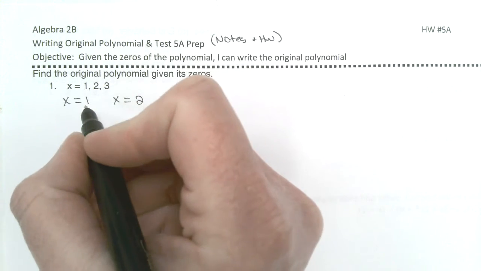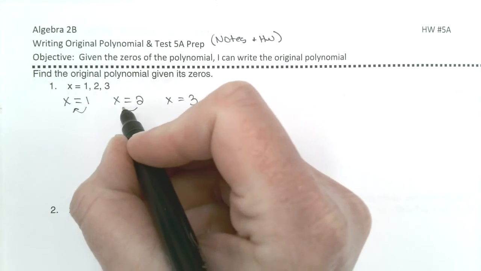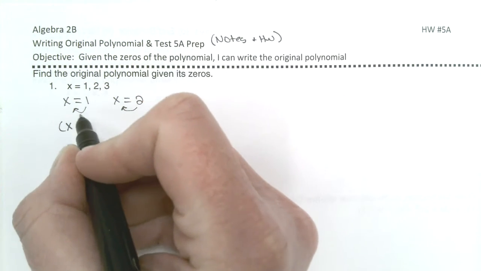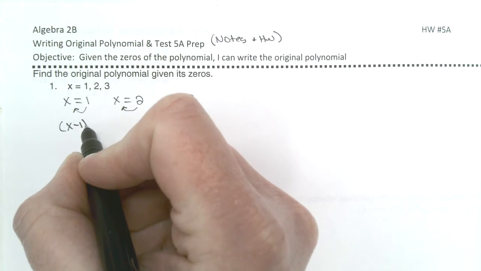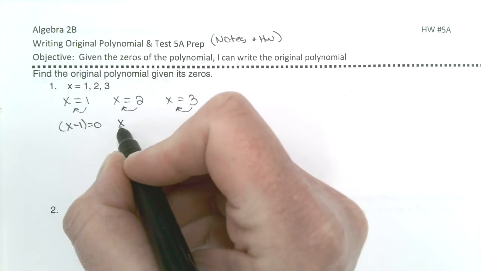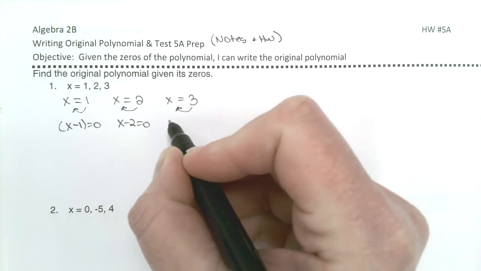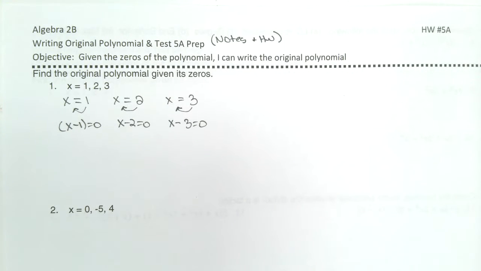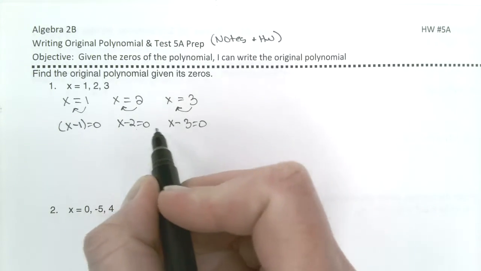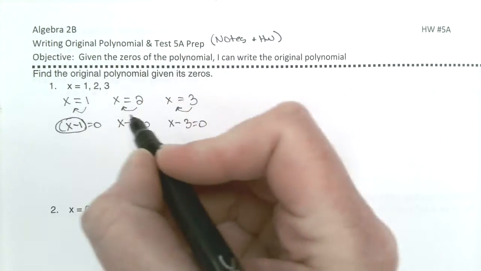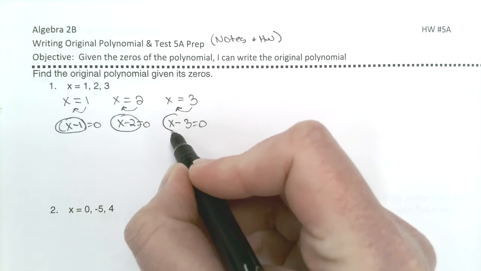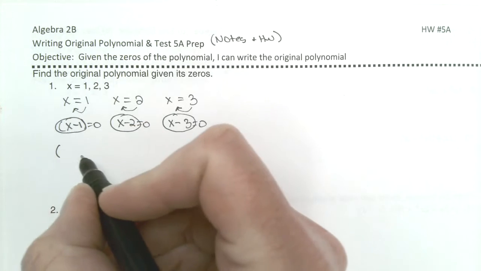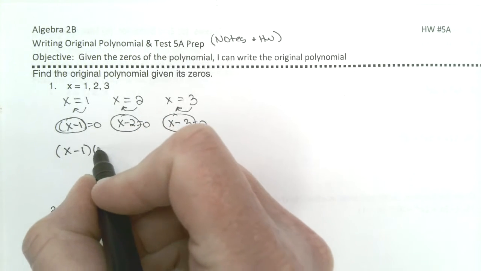So we need to send it over to the other side. So we're basically subtracting it over in this case. So I would have x minus 1 equals 0, x minus 2 equals 0, and x minus 3 equals 0. And so as it turns out, these are the factors of my original polynomial. And so I'm going to write off my factors